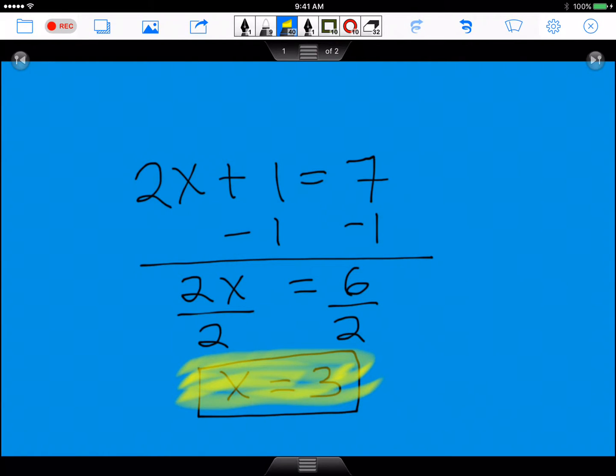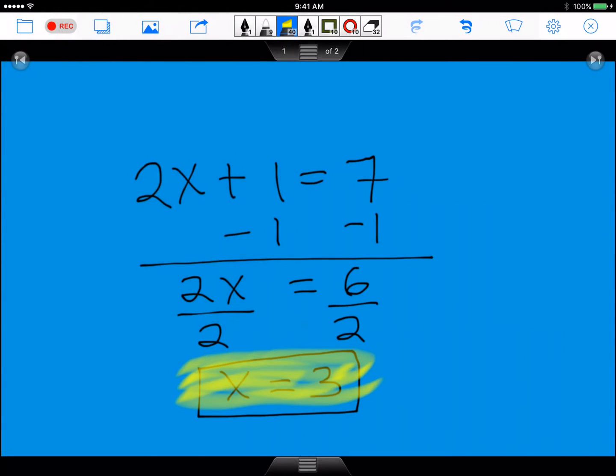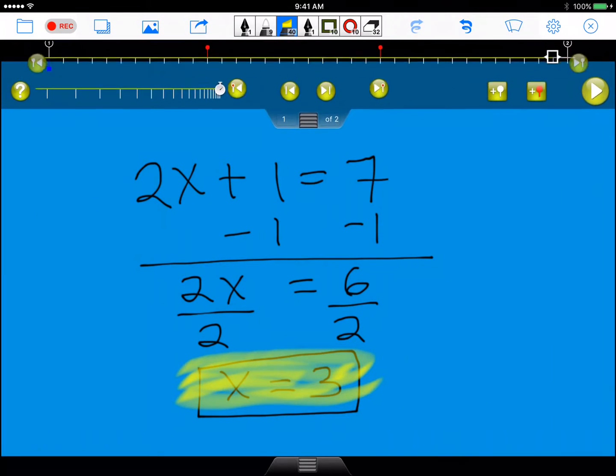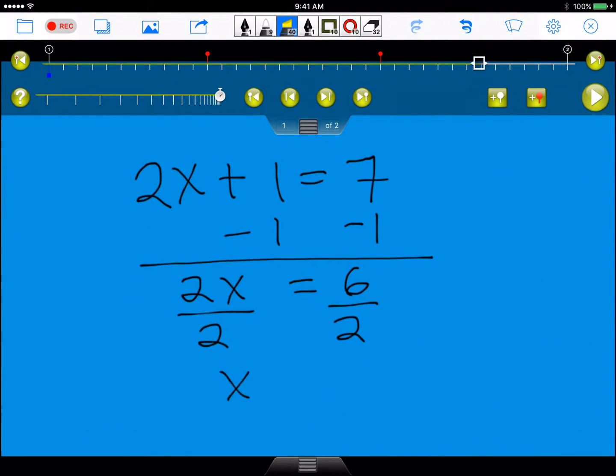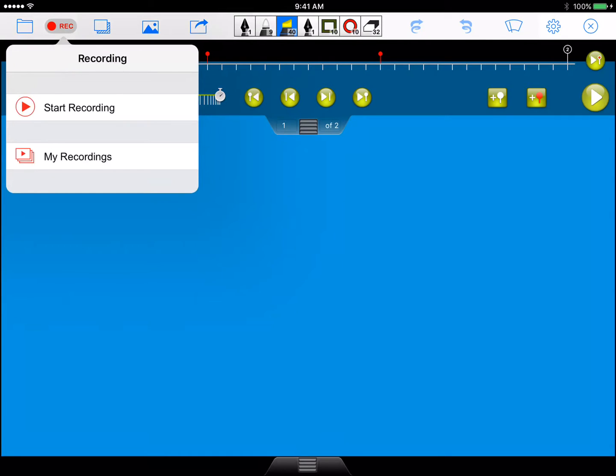So the next thing is to record. You have the top left, it shows record. You select that and you'll start recording. So this is a case where maybe before you record, if we're working this particular problem, we want to bring this back because we have our stops. So when I go to record,